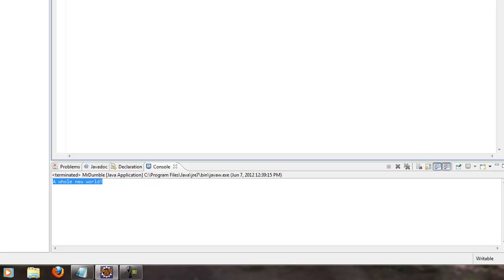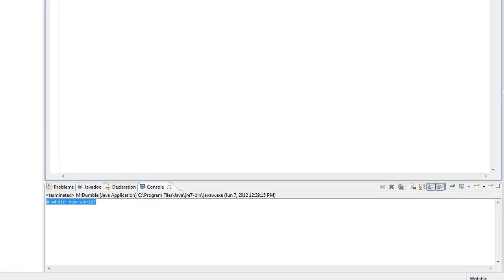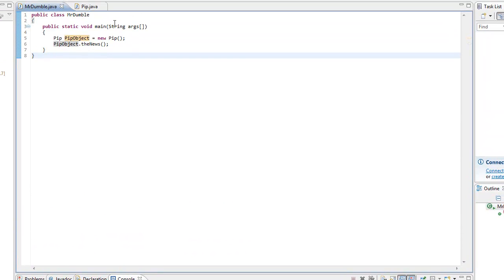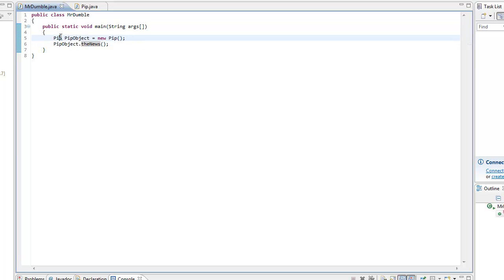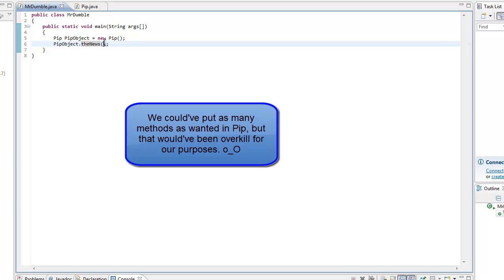Now, that is pretty straightforward. Heck, we only put in 1, 2, 3, 4, 5 lines of code. But the important thing is that you understand this concept, because we're going to build on this going into the future. So remember, we have our main method here. And then we had to create a new object. And then we use this object and have this dot here, and that means we're going to call this method the news, and you're going to want to get used